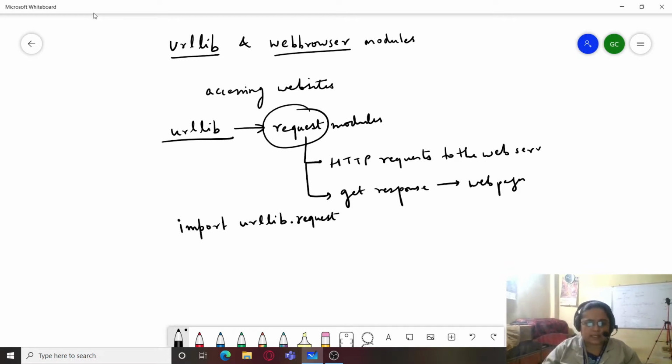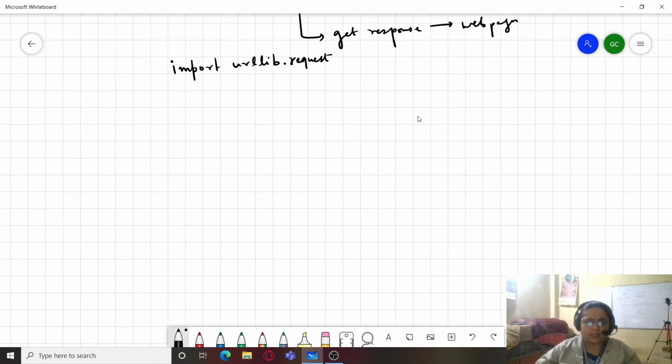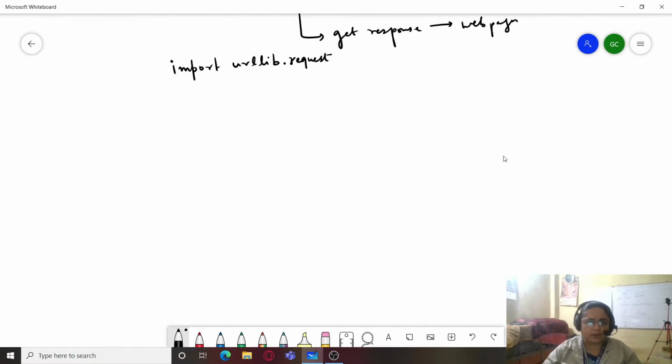We will write it like this: import urllib.request. Now when you import this module, you will be able to use the following functions. One is the urlopen function, which is used like this.